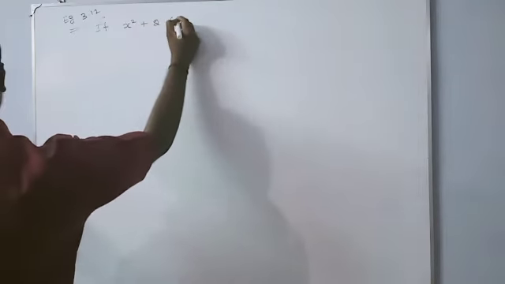Here, what is the a value? In this equation a value is 1, b value is the coefficient of x, which is 2 into k plus 2, and c value is 9k. So delta is equal to b squared minus 4ac. B squared means 2 into k plus 2 the whole squared, minus 4 into a value 1 and c value 9k, equal to 0.